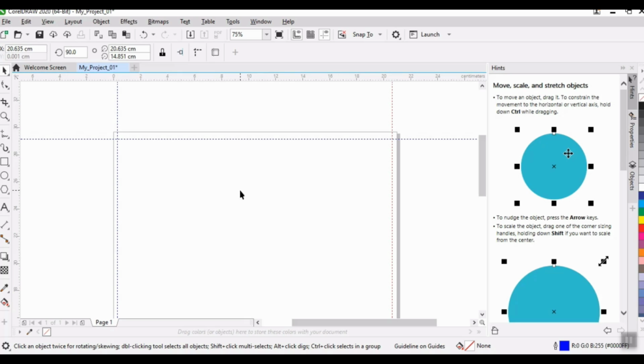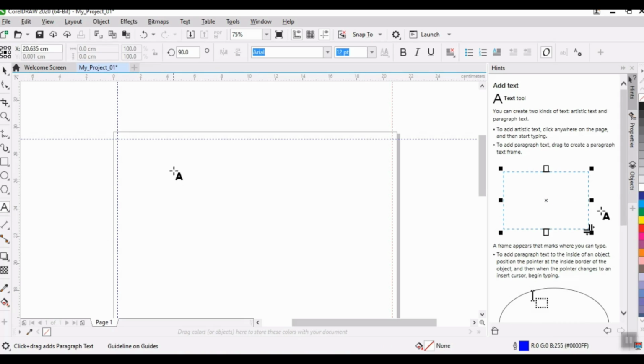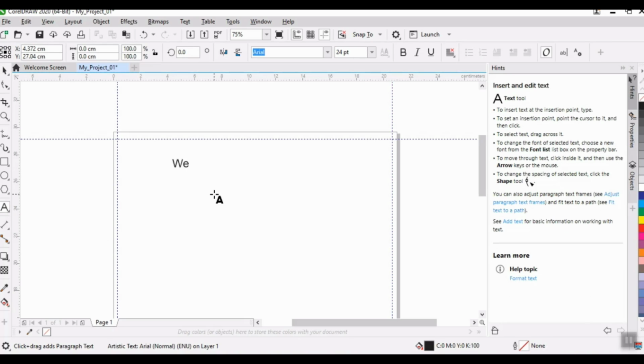Let's see an example of how to edit the text. To edit the text, click here and write it.